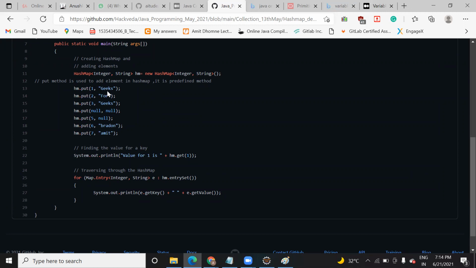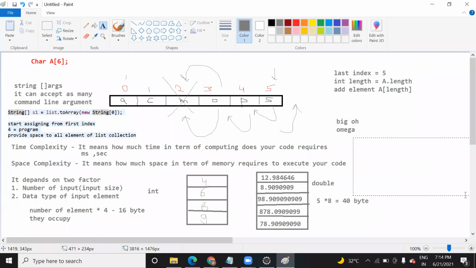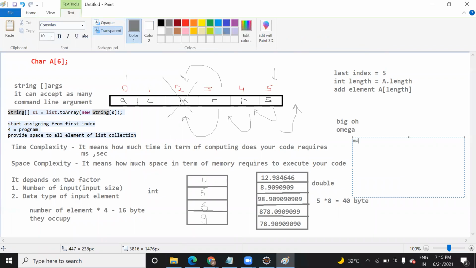Just like the example I gave you, roll numbers cannot be the same. Roll numbers can only be different. However, two roll numbers can have the same name. Are you getting what I'm saying? Means in HashMap technology, many to one is possible. I will come into this, but one to many is not possible.